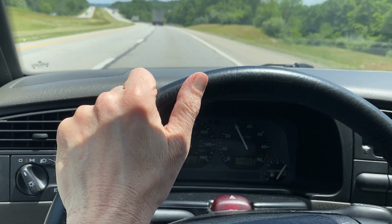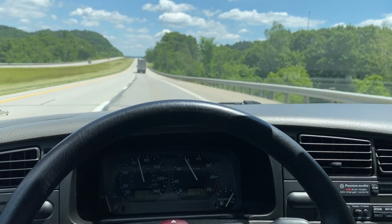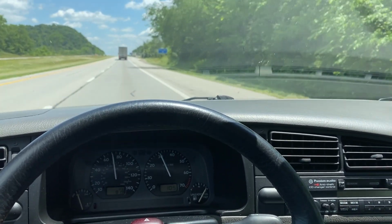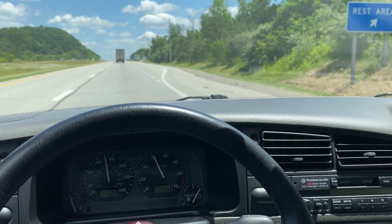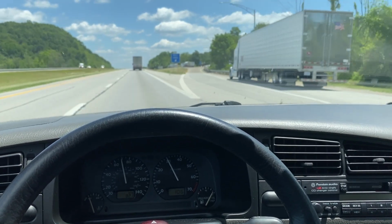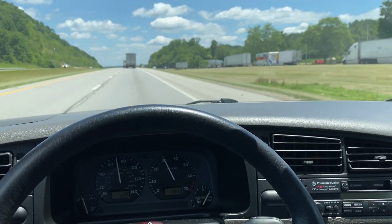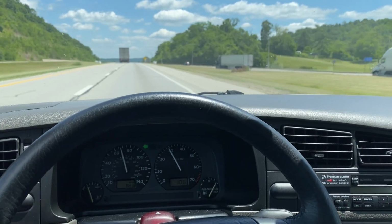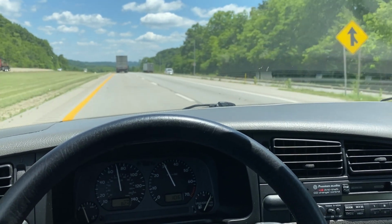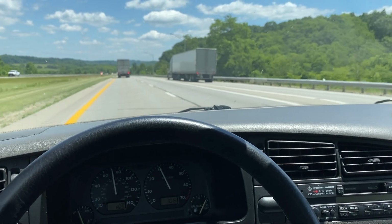I don't know if you can see my hand vibrating a little bit. We've got a slightly out of balance tire going on. Nothing too bad. But man, yeah, this is a cruiser. This turnkey. Yeah, buy the car that was kind of in a slumber for years, and not necessarily a cross-country drive, but yeah, pretty extensive drive, and super fun. Really enjoying it. Part of it is not being in a hurry, just enjoying the road, enjoying the sensations of